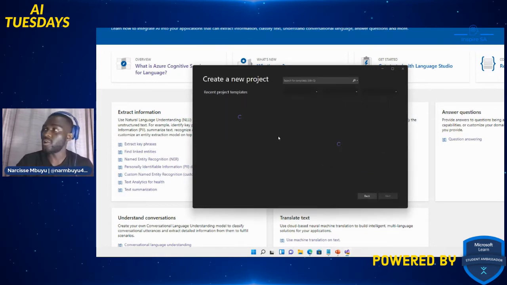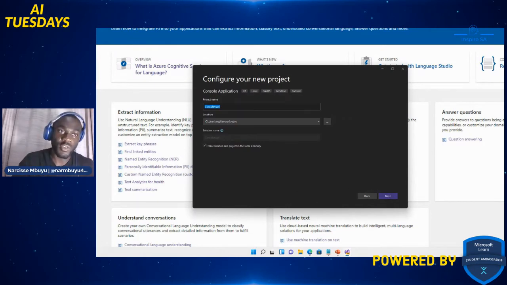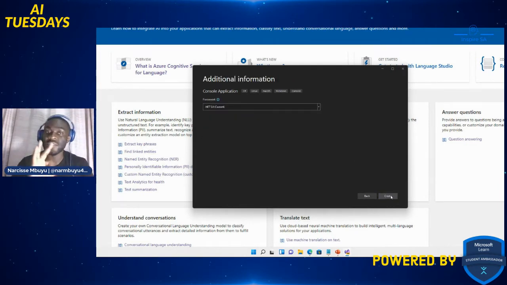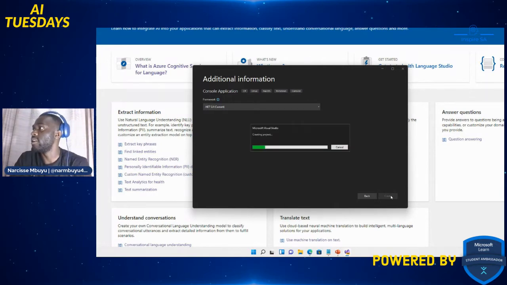So I'm going to open a new project, still a console application. Next, now I'll be moving a bit faster since we know the drill. We're still going to follow the same steps. First of all, creating the method, creating a connection to Azure, creating a method, and lastly, calling the method and producing an output. Those are the three steps that we're going to follow again for the same application.